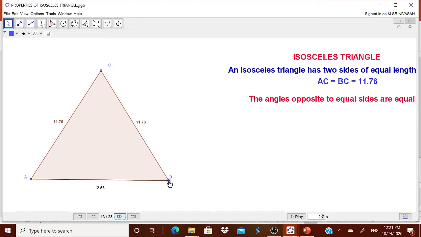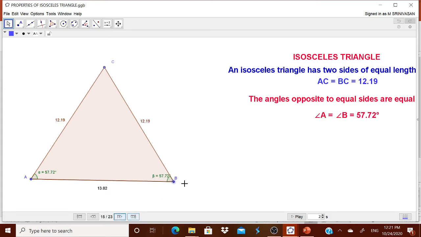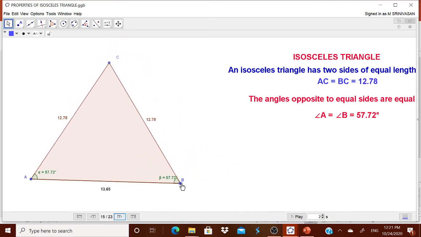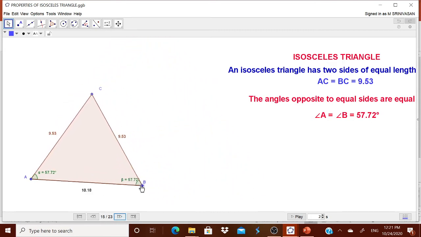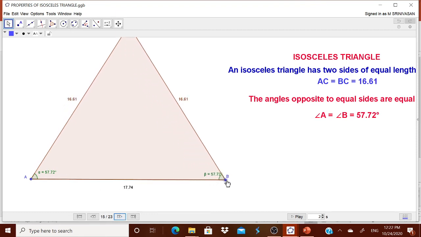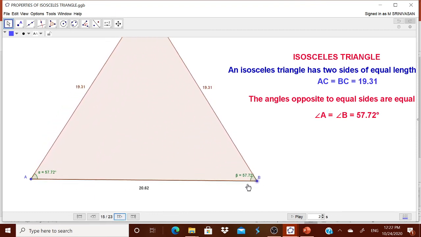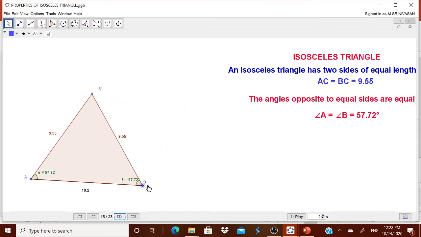And another property of angles: because of this side property, angles opposite to equal sides are of equal measure. Once again, you can drag it and show them that angle A and angle B are always the same. It is not changing. Only the side changes.